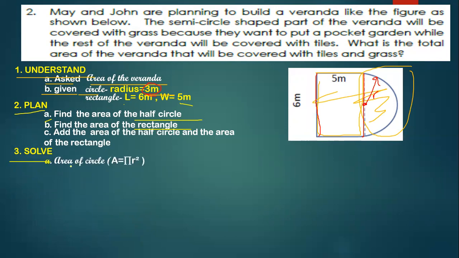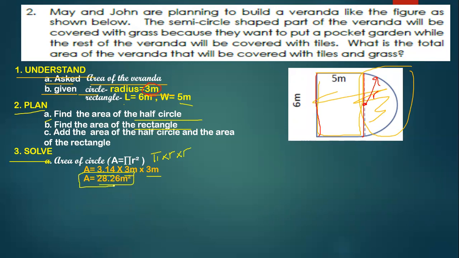Okay, so, unahin natin yung area ng half circle. Simulan natin sa area ng circle pa rin. Area of the circle is equals to pi r squared, kung saan ang pi ay 3.14. Replace the values lang. So, ang radius ay 3 meters, no? So, pi, 3.14 times 3 meters times 3 meters. Pwede yan kasing formula of area is equals to pi times radius times radius. Parehas din lang yan. So, 3.14 times 3 times 3. The answer is 28.26